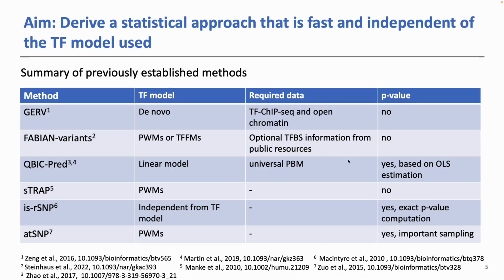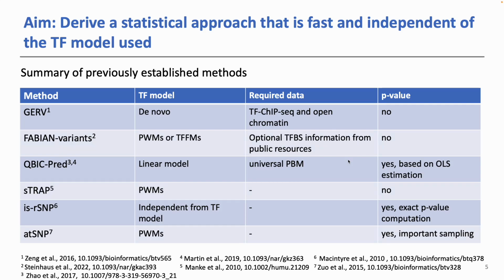Previous methods have been developed which all use different statistical approaches to compute the differential TF binding score. On this slide I shortly want to summarize them. In general we noticed that not all of these methods provide a statistical significance of their results. However, this is necessary to compare the results between different TFs. If they provide a p-value for their statistic, we notice that not all of them are independent from the TF